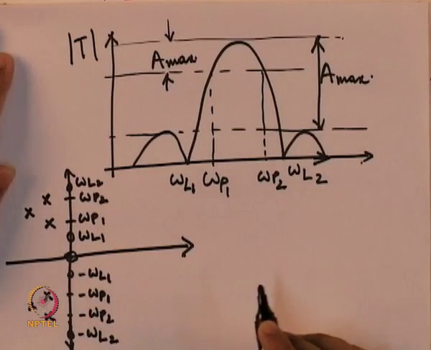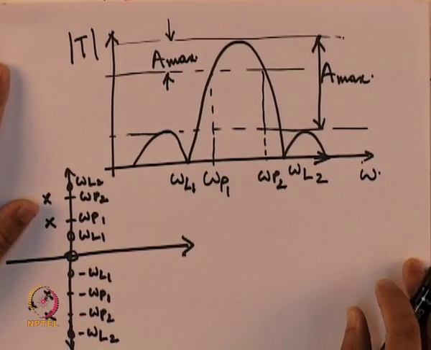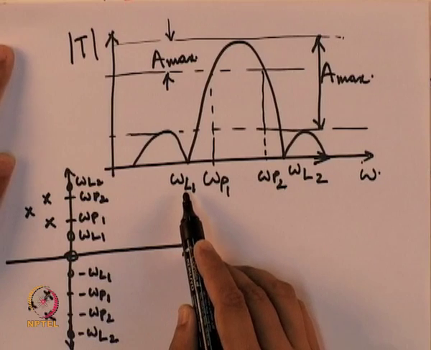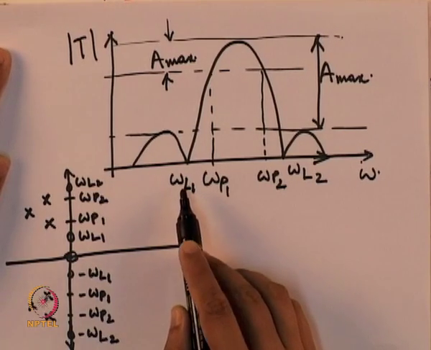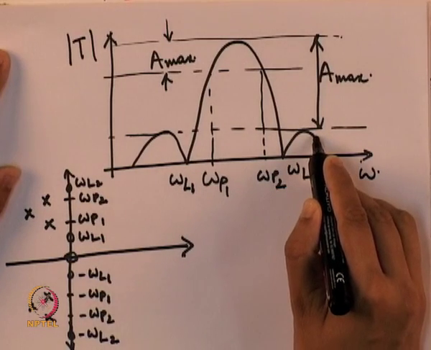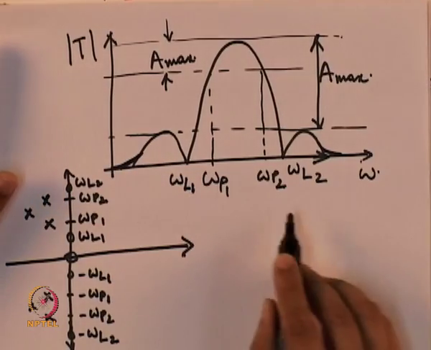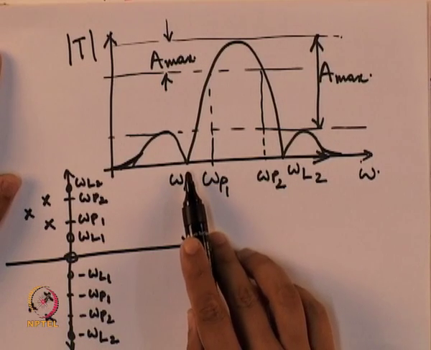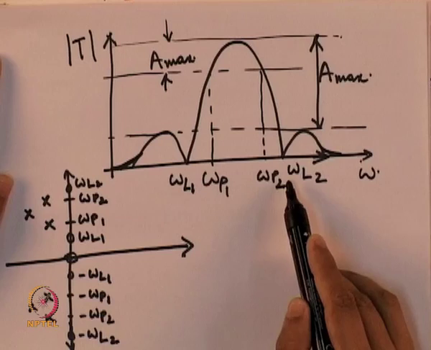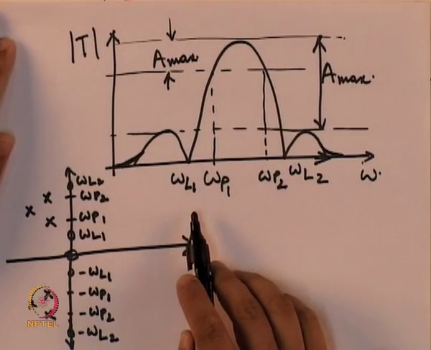the magnitude of the transfer function is represented along the y axis, and as usual the frequency is along the x axis. Then you see that in the response, this omega L1 is a frequency. Let me show it like this. Actually, it should be like this. So, you see that at omega L1 there is a dip, and not only is there a dip, but it actually touches 0. Similarly, at omega L2 the response actually touches 0,